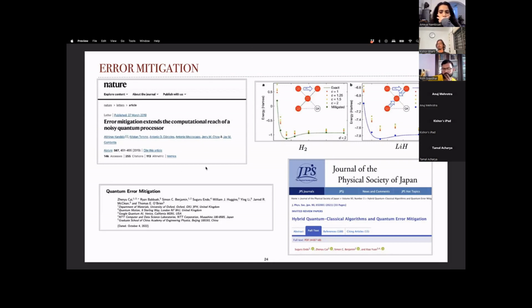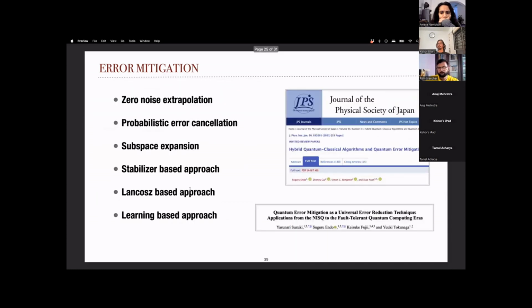In the beginning, there were papers presented where they saw that when you perform error mitigation, it very much matches the actual classically simulated curve. So the green ones you see are at the spot where they should be, and similarly the blue here. So very nice. But the issue is that, sure, for 2 qubits, 5 qubits, whatever, you can do this. And for quantum error mitigation, people wrote all these reviews, where they talk about error mitigation. Many different approaches for error mitigation have been proposed.